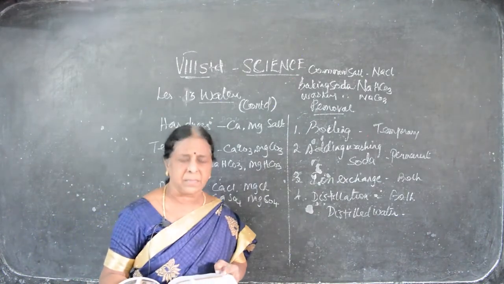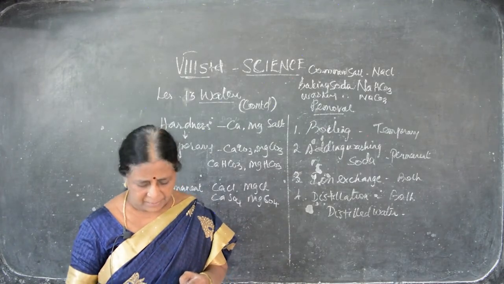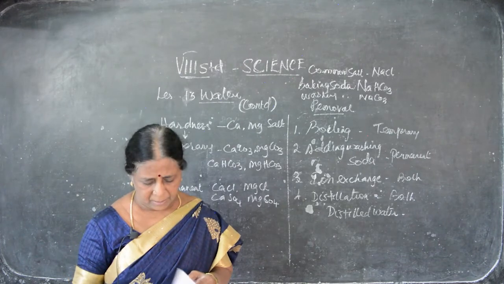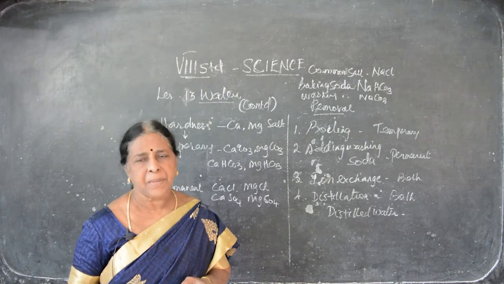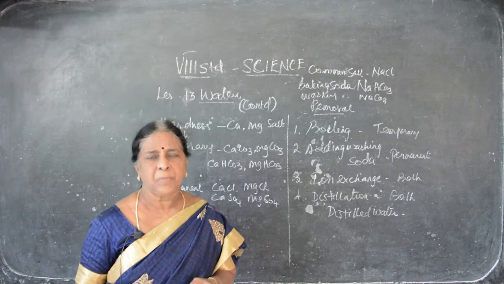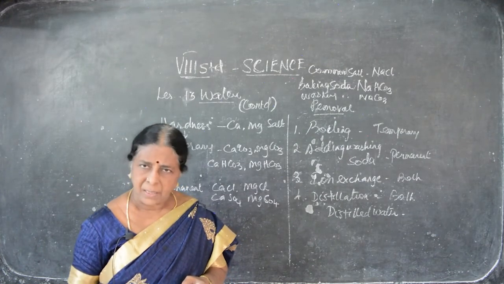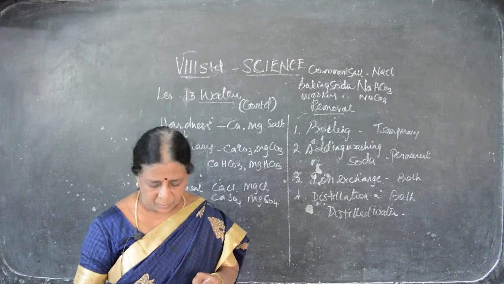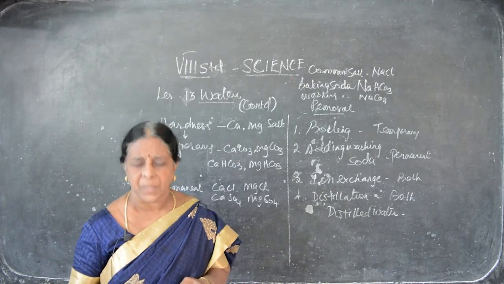Contamination of water bodies occurs when harmful substances such as chemicals, sewage and waste are released into them. So what things may be mixed with pure water? Chemicals from the factories, that is what I said. The waste form of chemicals, sewage water and waste water are all collected in the pure water and then it becomes contaminated water. It produces physical, chemical and biological changes in the quality of water.